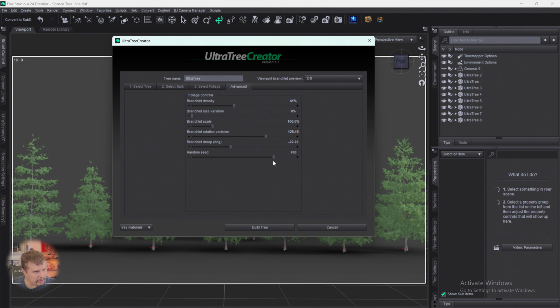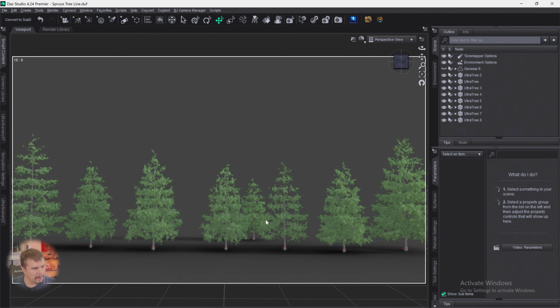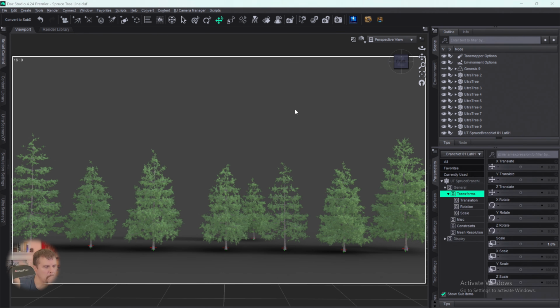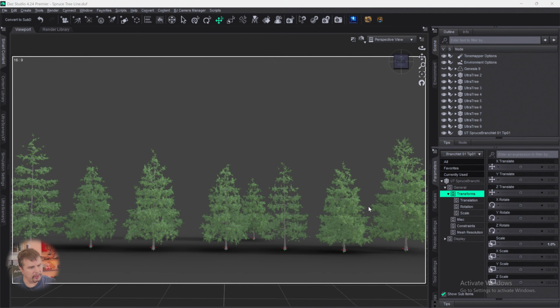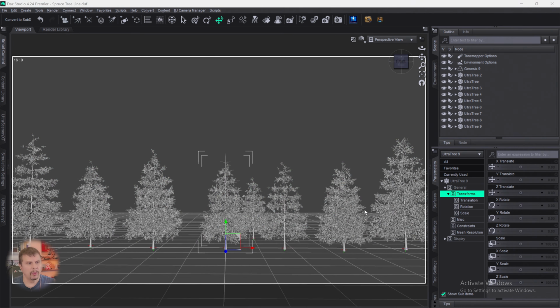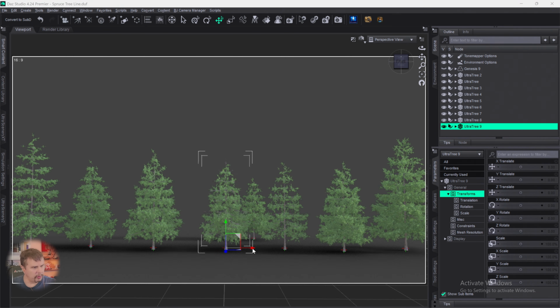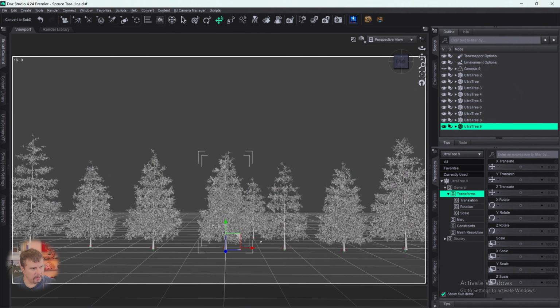And a random seed. Okay, so we need 1, 2, 3, 1, 2, 3, 4, 5, 6. All right, so this one goes over here when it's done,